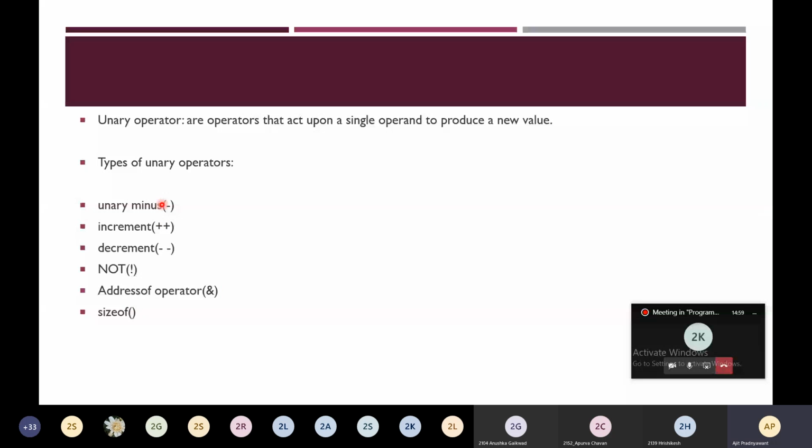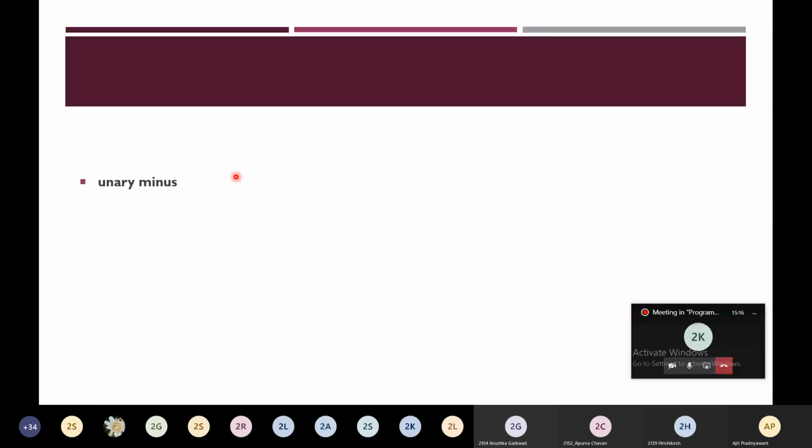All these are examples of unary operators, and all these operators require a single operand. That's why these operators are called unary operators. So we are going to learn them one by one.